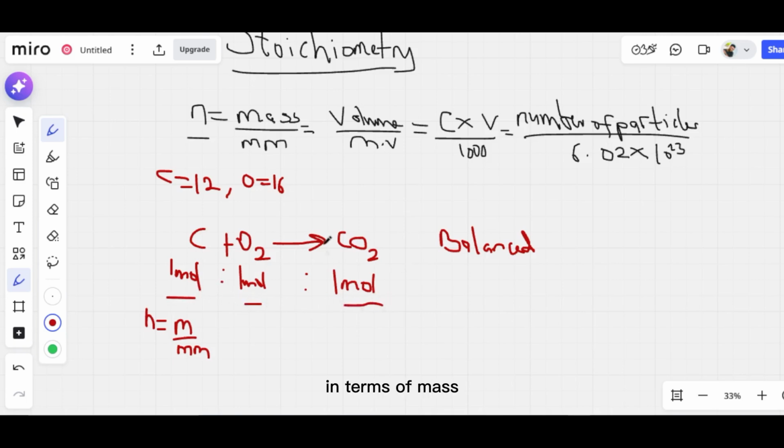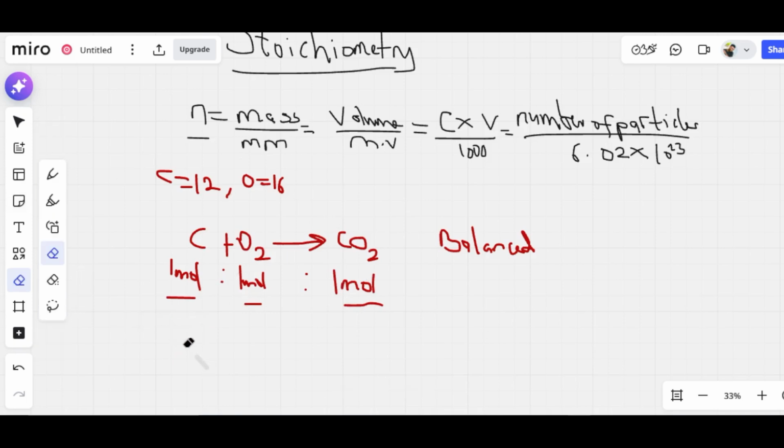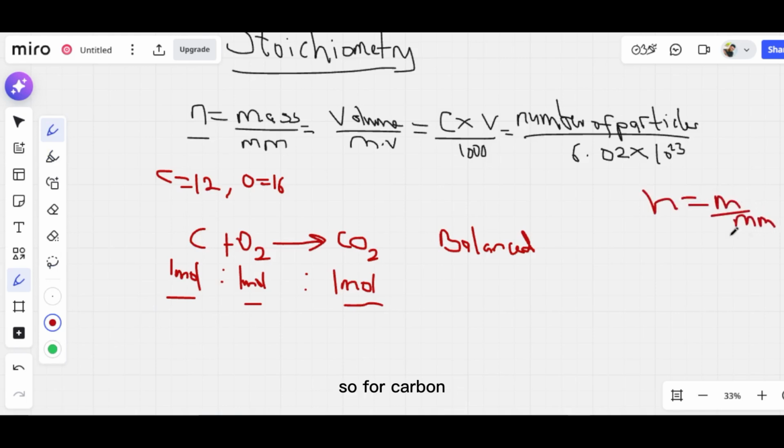We can also do it in terms of mass based on this stoichiometry. All right. So we can say number of moles is mass over molar mass, right? n equals mass over molar mass. So for carbon, 1 mole, it will be 1 equals mass over 12. So meaning that the mass of 1 mole of a substance will be equal to the atomic mass. So if you cross multiply, m will also be 12 here. Are you getting me? m will still be 12 grams. So you can say 12 grams